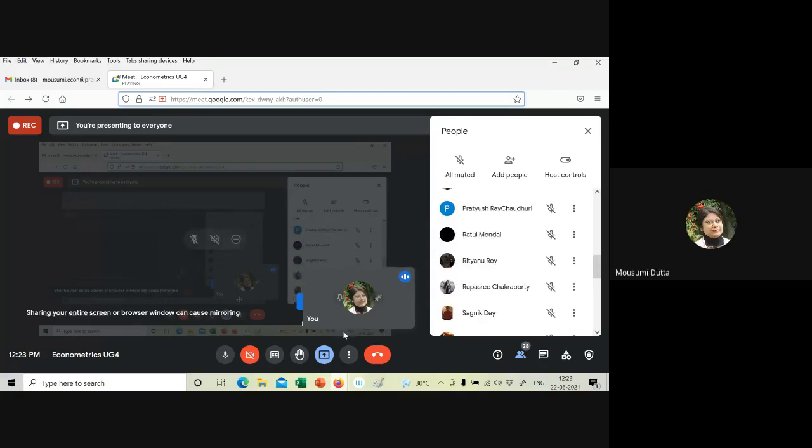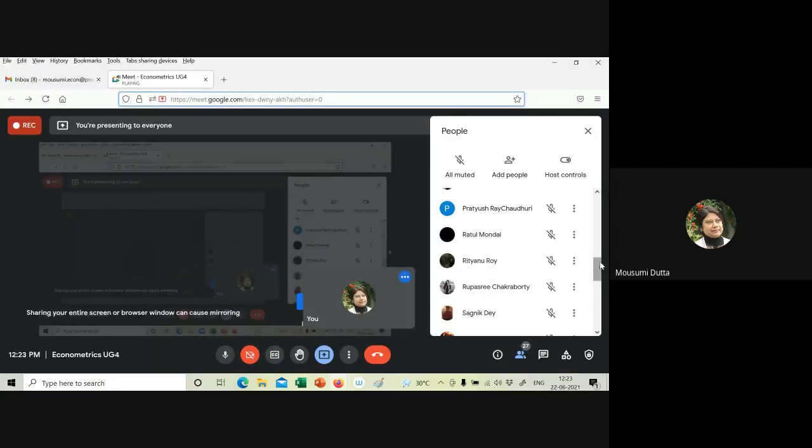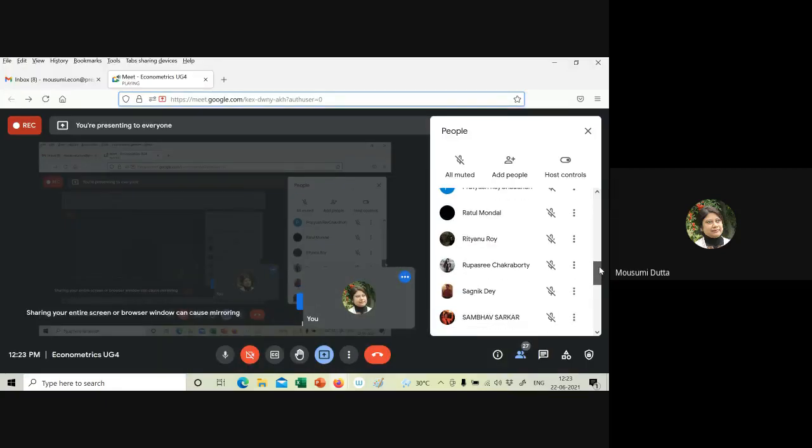So next we will move to the second part. R bar square y dot 1 2 3, R bar square y dot 1 2 3 4. So here what is happening, here also R bar square y dot 1 2 3 is 0.86, the other one is lesser. Okay, so